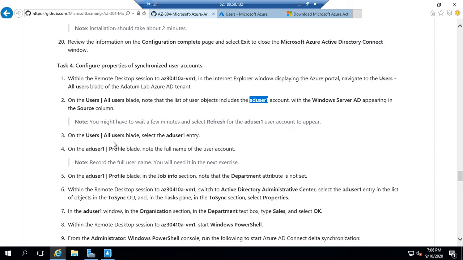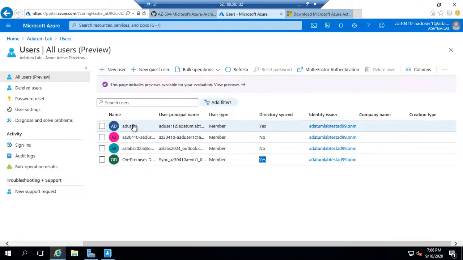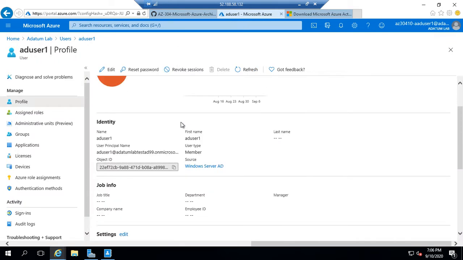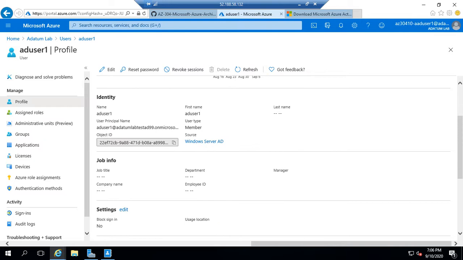On this blade, select this user entry. So let's continue to that one. Select this particular user. Okay, and now here is the user, and I have the detail, and over here it actually shows the source, it says Windows Server AD. So on that view we didn't have it, but from this view we can validate that this